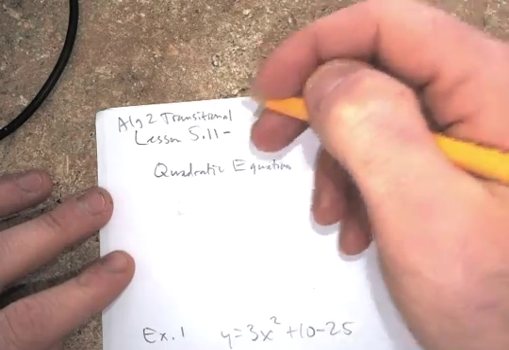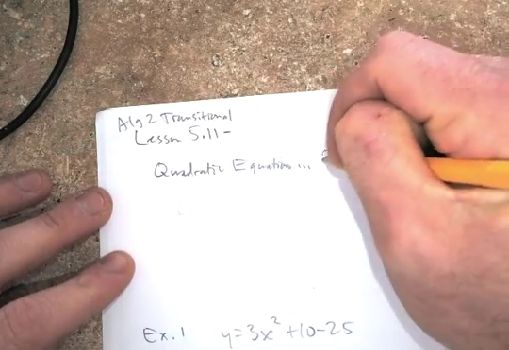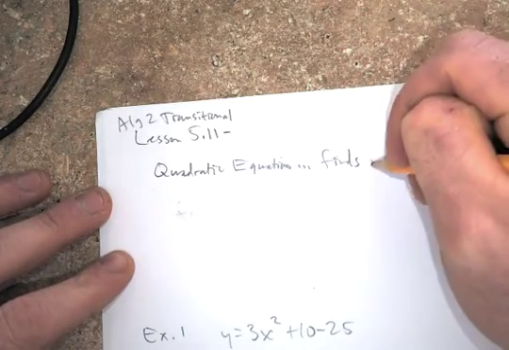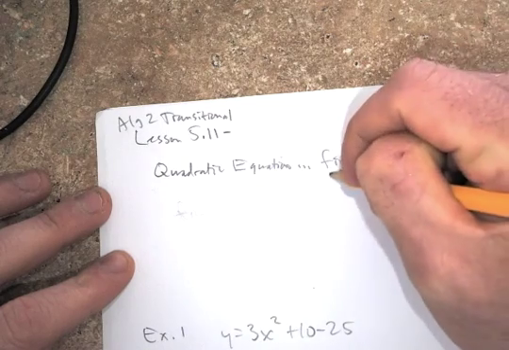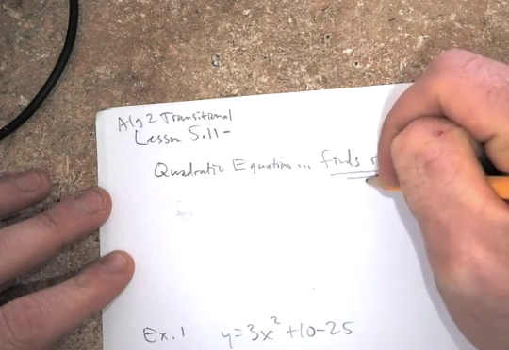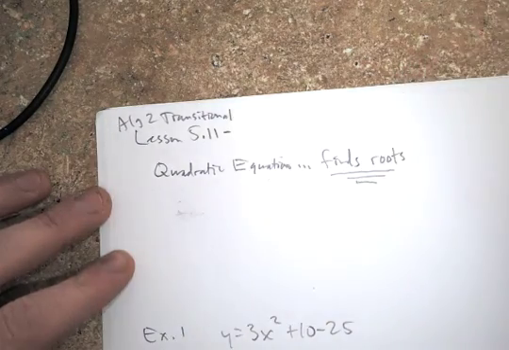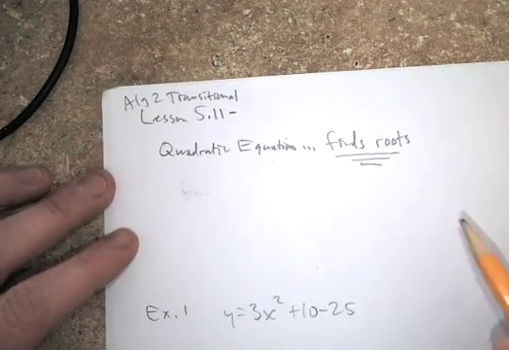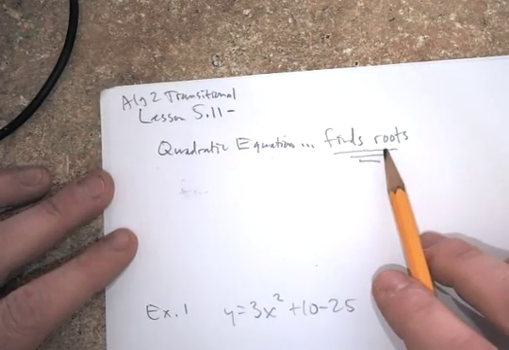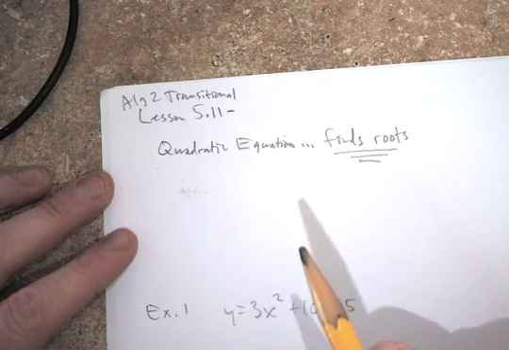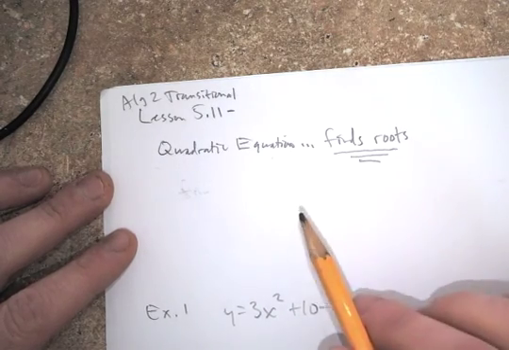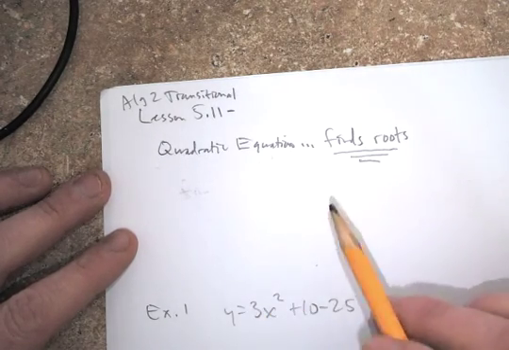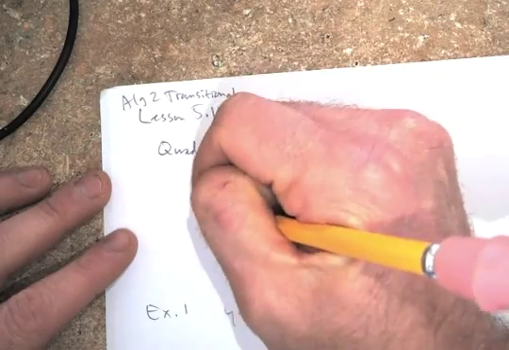Alright, the quadratic equation, the big idea is it finds roots. How it finds those roots, a lot like factoring was a way of finding where those roots were so we could graph it more easily. The quadratic equation also finds those roots so we can find the answers quickly, or we can graph it easily. So it's like this: